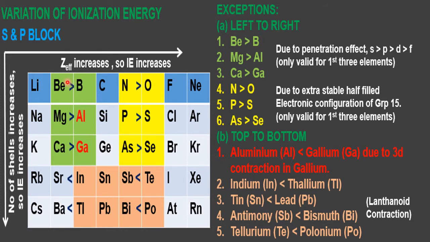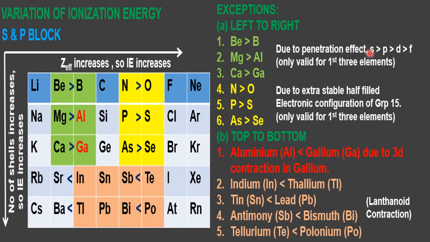Why? See, ionization enthalpy no doubt depends on many factors, but there are small exceptions here and there, which are taken separately. This is because beryllium, atomic number 4, is 1s2 2s2 and boron is 1s2 2s2 2p1. Reason number 1 is the last electron goes to the p orbital, which is away from the nucleus. Second, I have written, is the penetration effect.